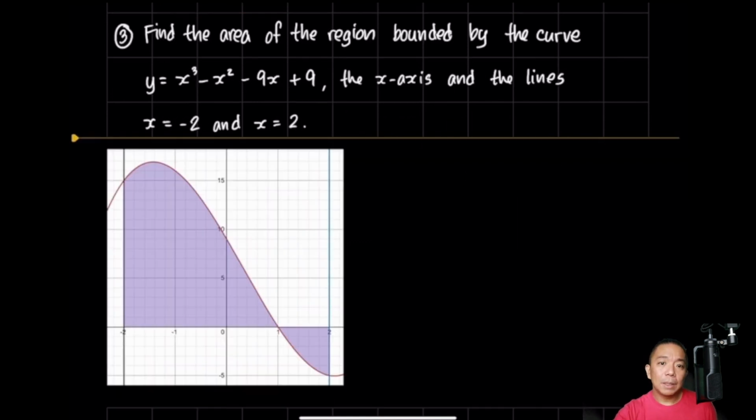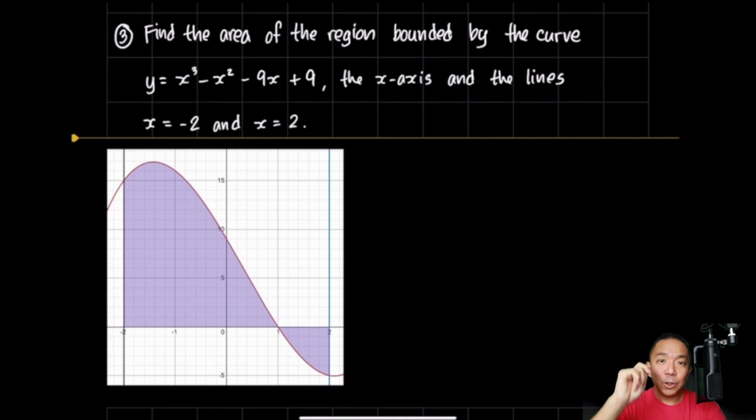So for this problem, we want to find the area of the region bounded by the curve y equals x cubed minus x squared minus 9x plus 9, the x-axis and the two lines x equals negative 2 and x equals 2. We plotted itong graph na to at itong region na to sa ating graphing software. At yung difference naman niya dun sa first two problems natin is that yung region na na-encompass nung curve tsaka nung lines natin ay hindi lahat nasa taas ng x-axis or lahat nasa baba ng x-axis. So there is a portion of the area that is above and there is a portion that is below the